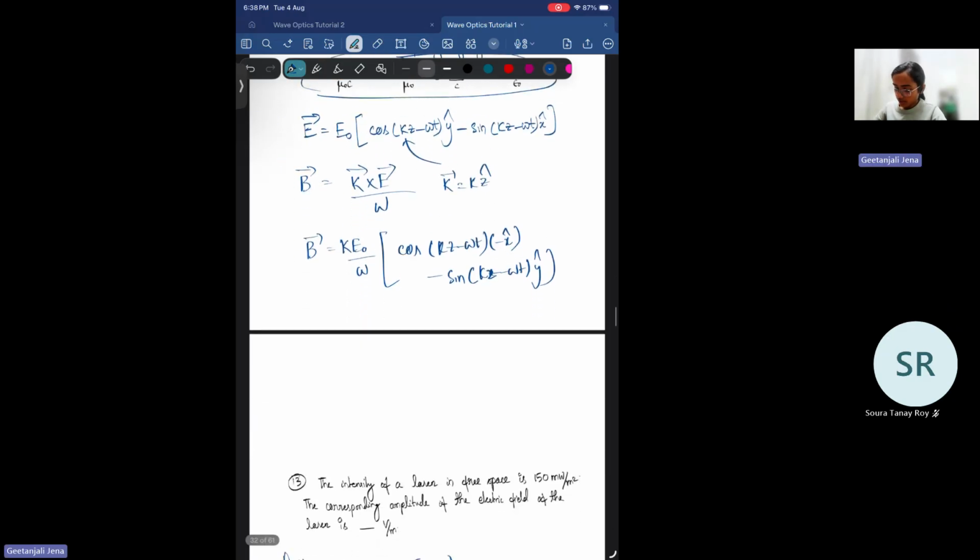So the Poynting vector is easy to find out, which is S is E cross H, or for a non-magnetic medium, we can write H is B by mu naught. So just put E and B, and you will get S is E0 square over mu naught C, Z cap. If I'm going to use the S is 1 by